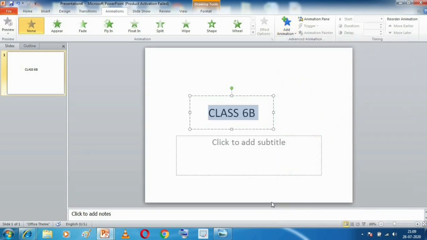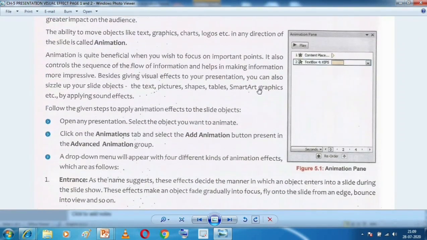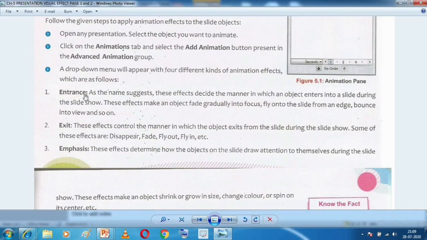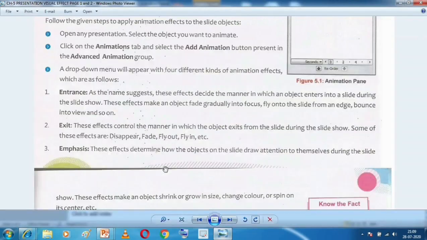First let's talk about the first type of animation effects, which is called the entrance type of animation effects. So what is entrance type of animation effect? Entrance type of animation, as the name suggests, entrance.